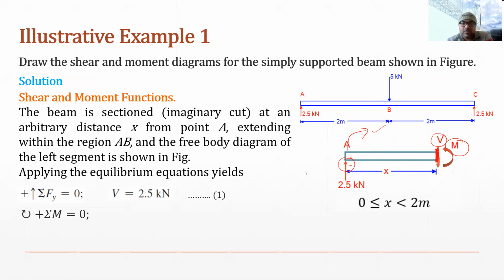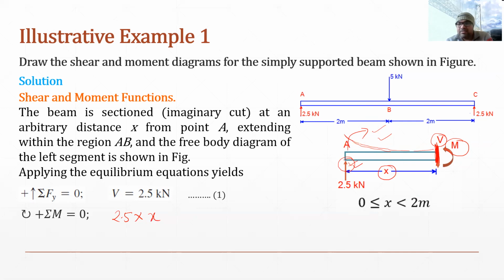So also it will be making the sag. As you can see, this force is trying to bend this beam like this. So if we consider that we are holding this point, so this beam will be bent like this. And this is the shape of sag. So that is why moment created by this upward force will be positive. So that will be 2.5 multiplied by perpendicular distance. So that perpendicular distance is x.